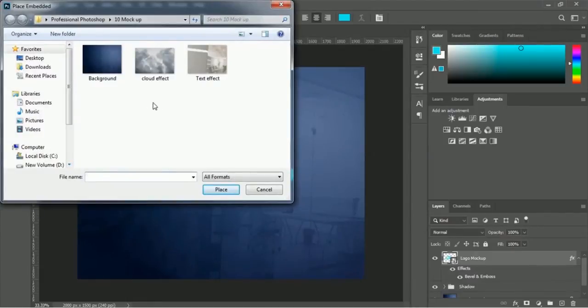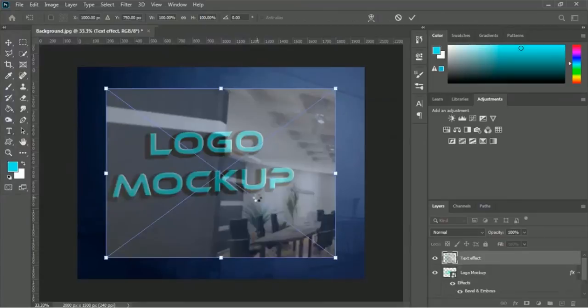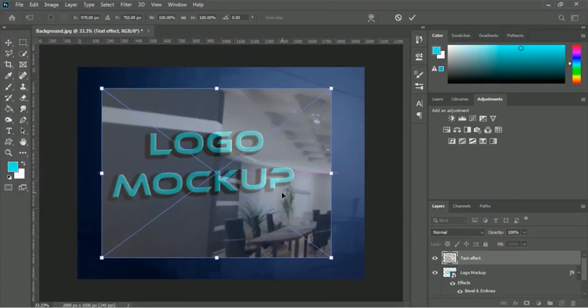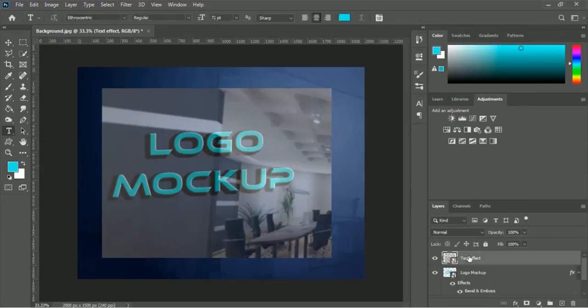And inside our mockup folder you will get this text effect image, and you have to click place by selecting that text effect image. So you can take a look, and you have to place this text effect image carefully, because we have to cover this logo mockup text by this text effect image. So let me click on this tick mark,